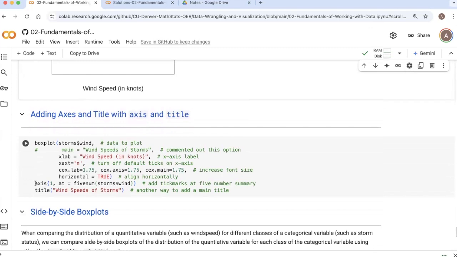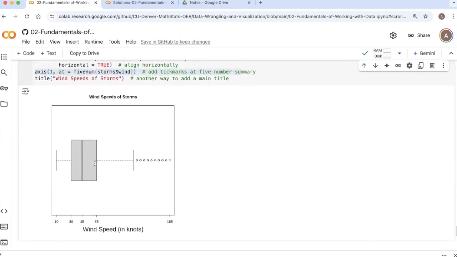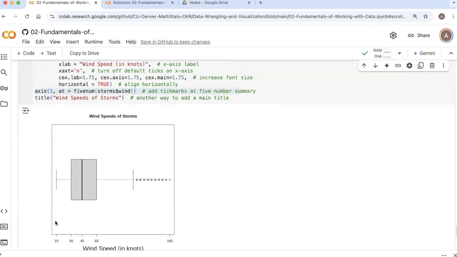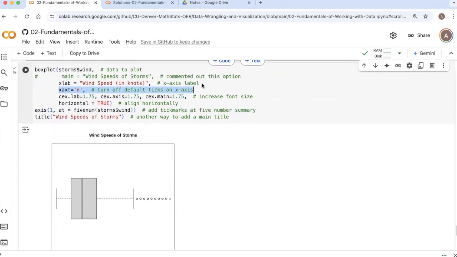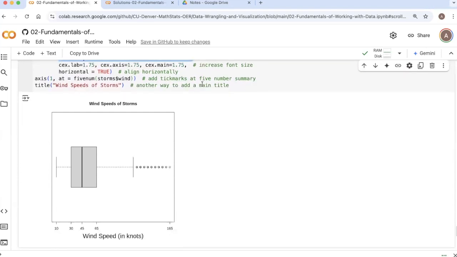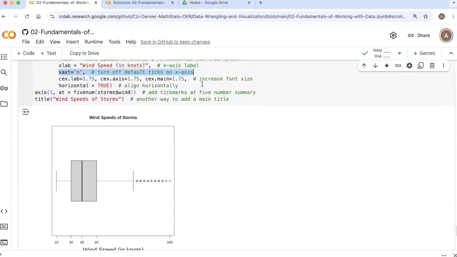So one thing that we can do is customize our axis. So let me run this code cell over here. What this command does is turn off the default tick marks, because the default tick marks were at 50, 100, and 150. None of those values happen to correspond to any value in my 5-number summary. And then I could customize where I add my tick marks by